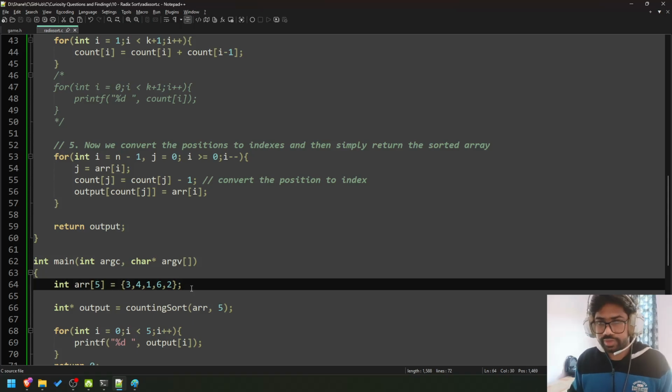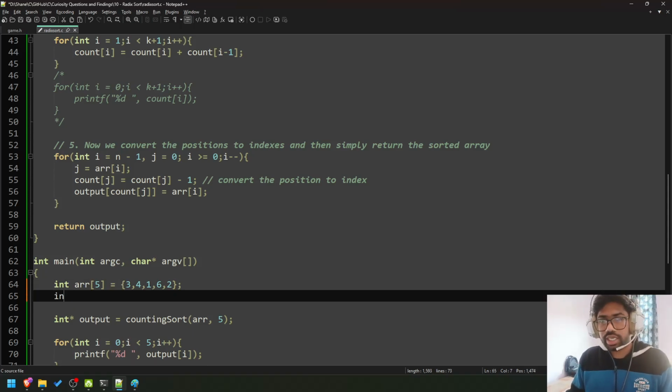So I will create an output array of same length, and initialize all to zeros,